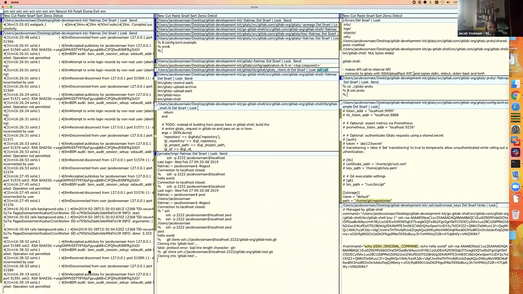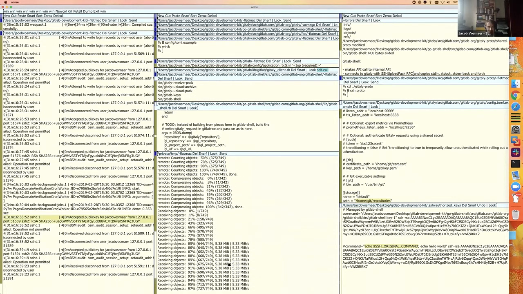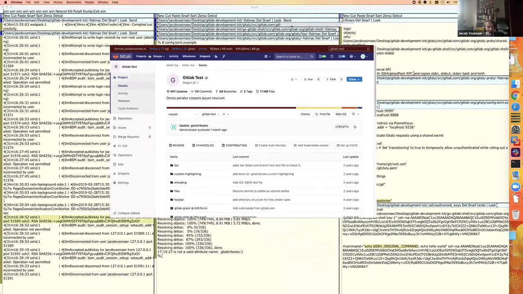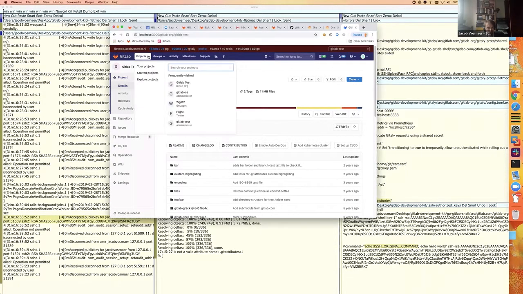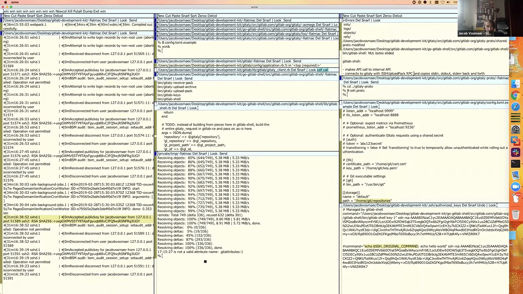So now this is a clone. And here you can see that SSHD accepted my public key and started the session, and then it was done. So that worked, but what I want to do now is see if I can grab a big repository so that things are slow, and then we can see what's going on better. So if I clone GitLab CE, and if I look up the,